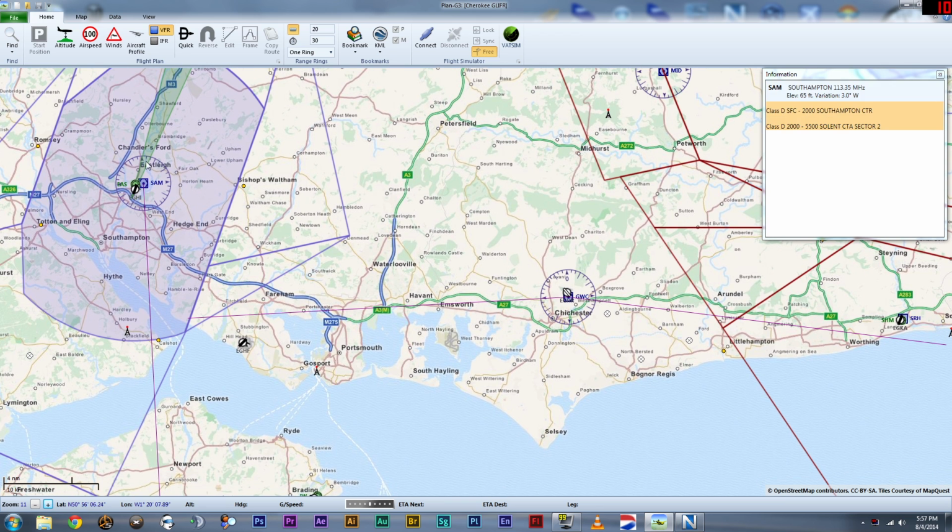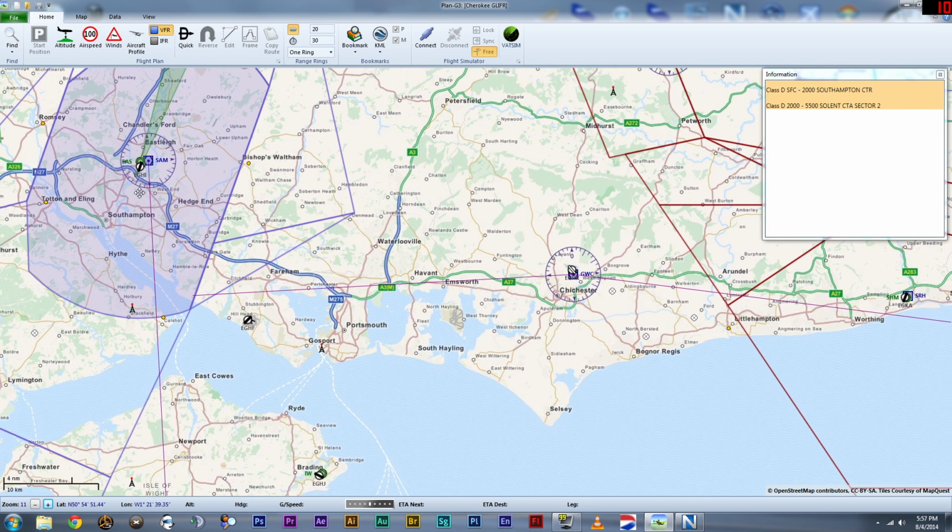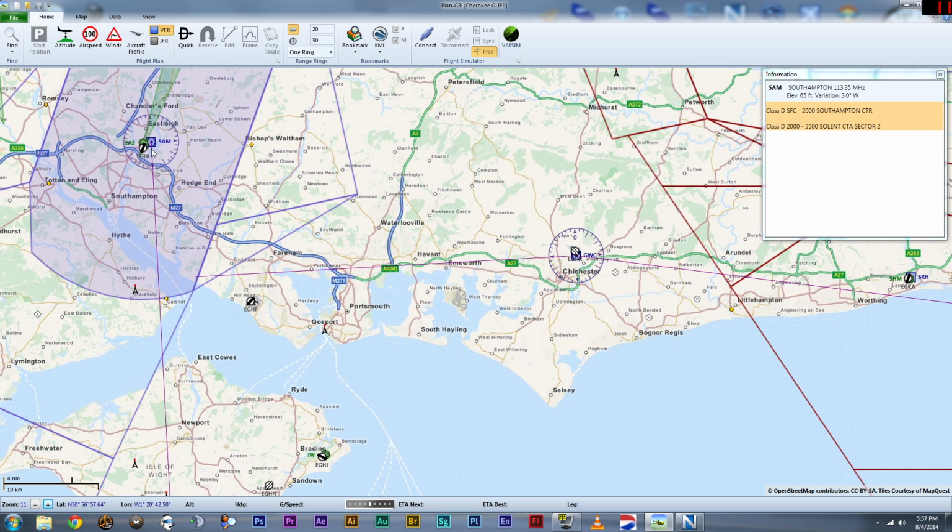So what we're going to do, simply put, is depart from Southampton. We're going to fly a southerly course. We're actually going to fly on the outbound radial from SAM VOR 180 degrees, and we're going to fly until we start to intercept the 270 inbound radial